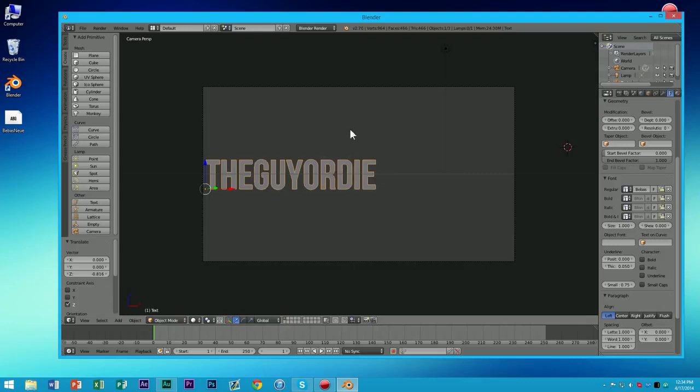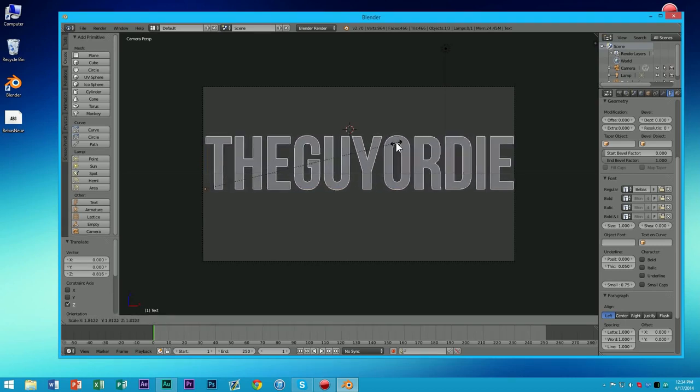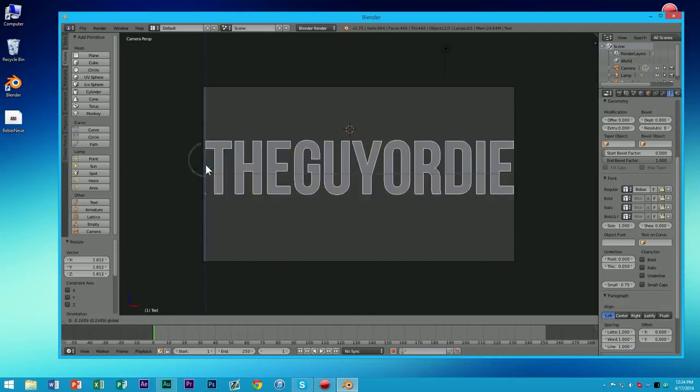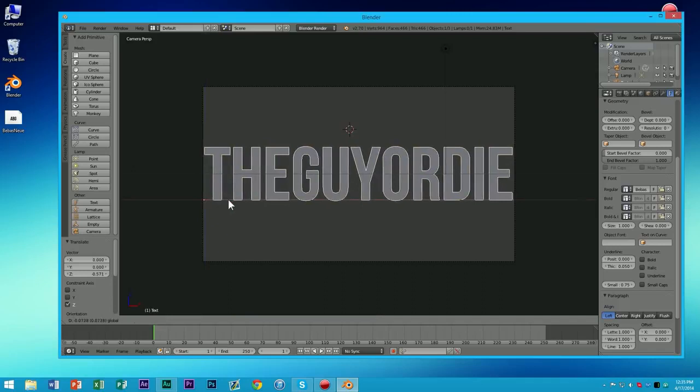You can now proceed to select your text by right clicking on it and then scaling it up to fill your camera area, and then left click to save the scale and then position it yet again in the center of your camera. The different font is optional, but of course if you want to make it look professional,